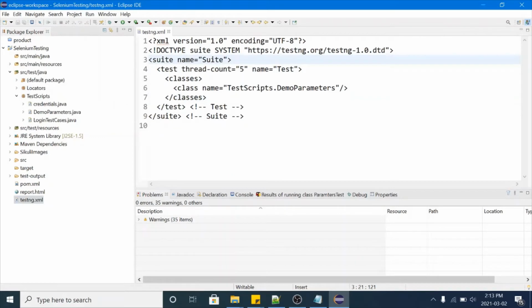It's showing us XML tag, and in TestNG we have parent suite tag. Okay, with the name is suite, and if you want to change the name, you can change here. Okay, and in suite tag we are having test tag. Okay, and name is test. If you want to change the name here, you can do that. Okay, let me name it as demo parameters.